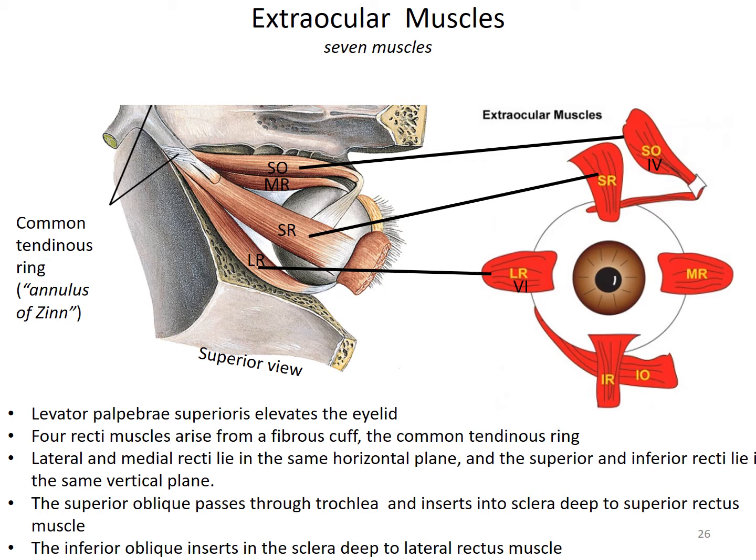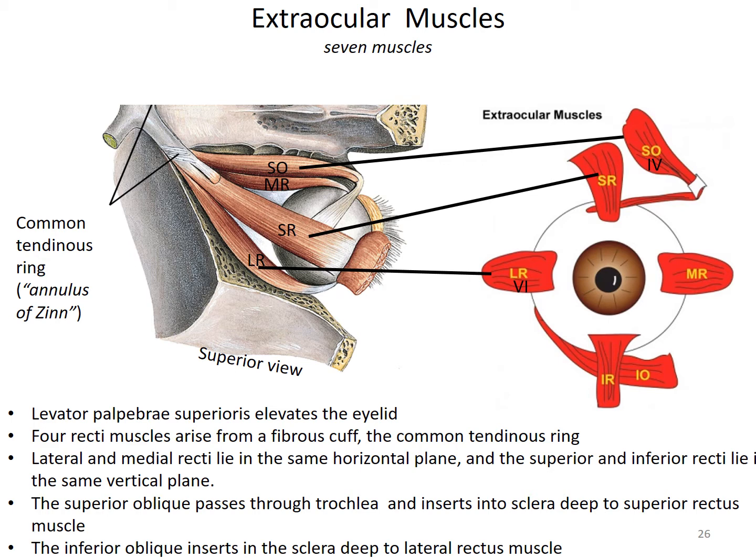The recti and oblique muscles. There are 4 rectus muscles or recti. They arise from a fibrous cuff back here called the fibrous ring or annulus of Zinn that surrounds the optic canal and part of the superior orbital fissure. Structures that enter the orbit through this canal and the adjacent part of the fissure lie at first in the